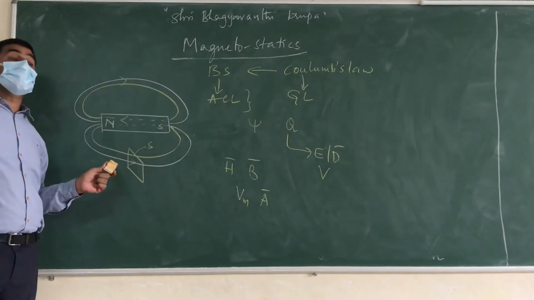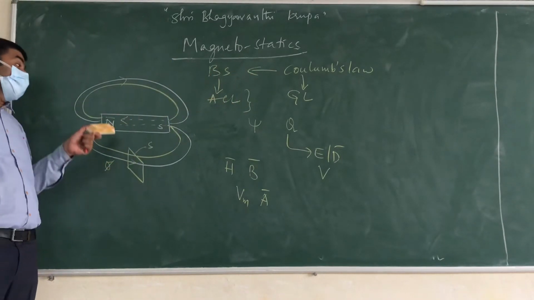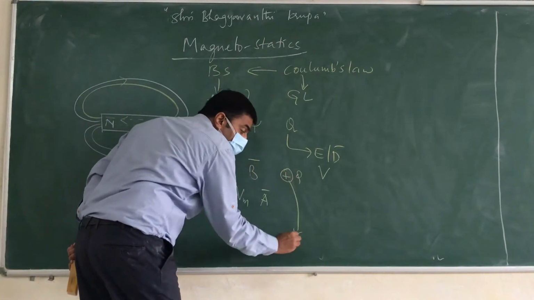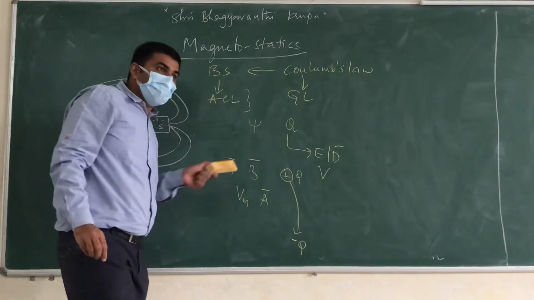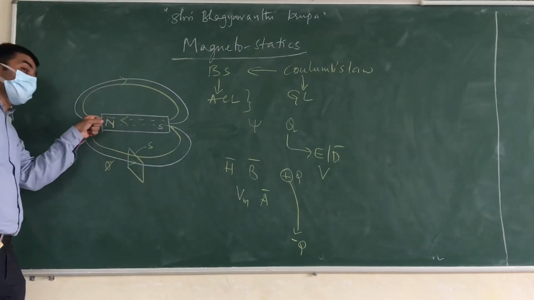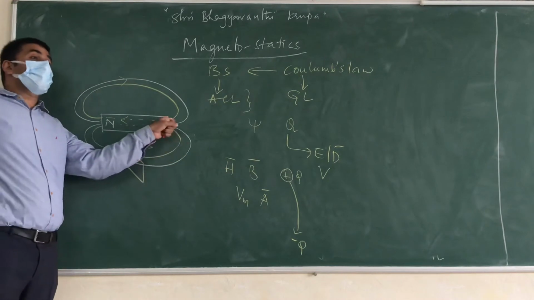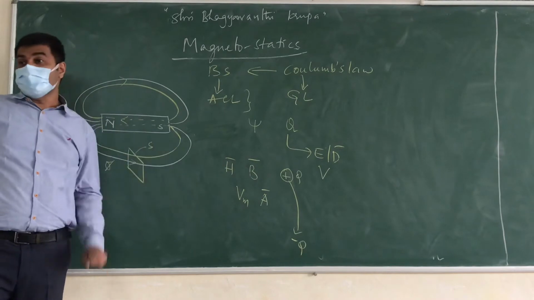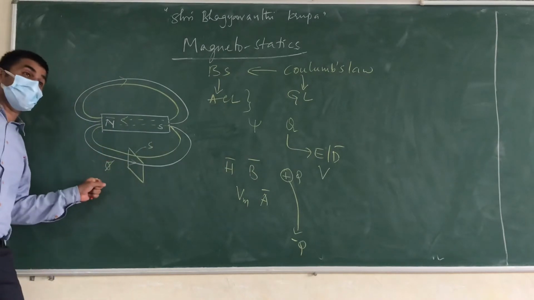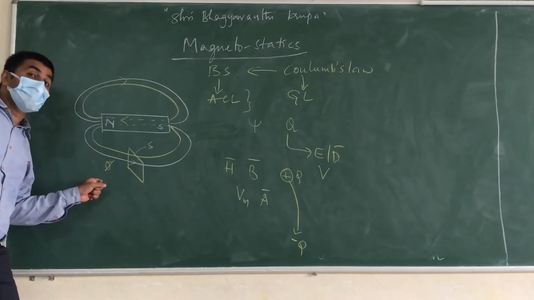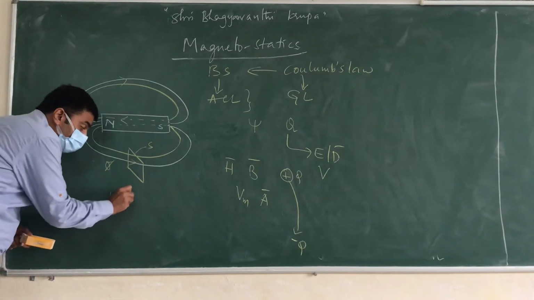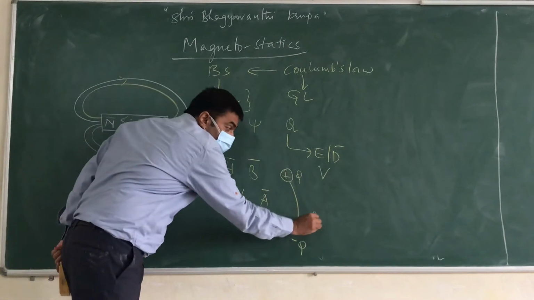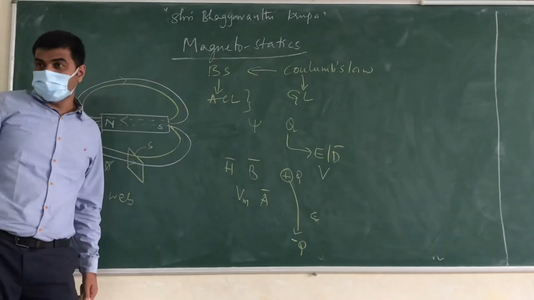See, there is a difference between electric and magnetic flux. Electric flux originates from Q and terminates, with no further movement. But here they will originate from north pole, enter into south pole and complete a loop. Means they are in the form of loop. The unit of this magnetic flux is Weber. Magnetic flux I am talking only. Whereas the unit of this is Coulomb. Is it up?